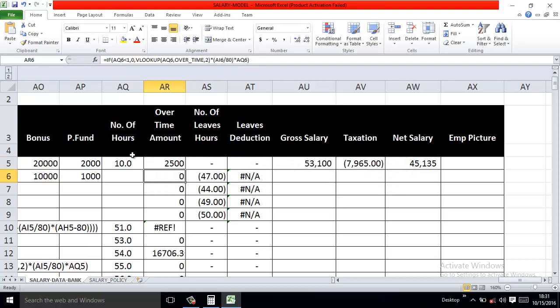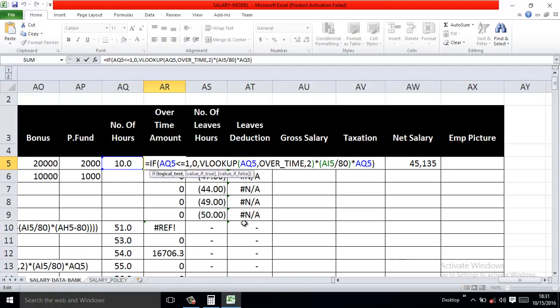For example, if I put 0 here as a dummy, that means no overtime, so the result is 0. That's why we applied a check. Otherwise, if we are not applying a check, we will get the hash not applicable symbol. So